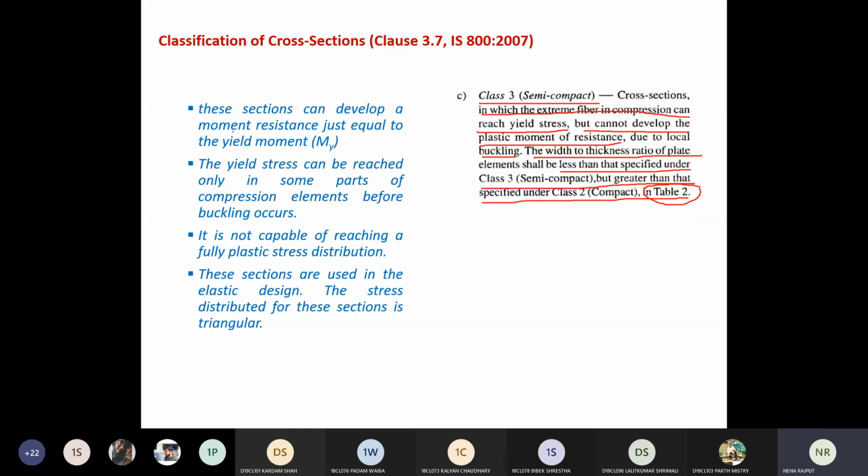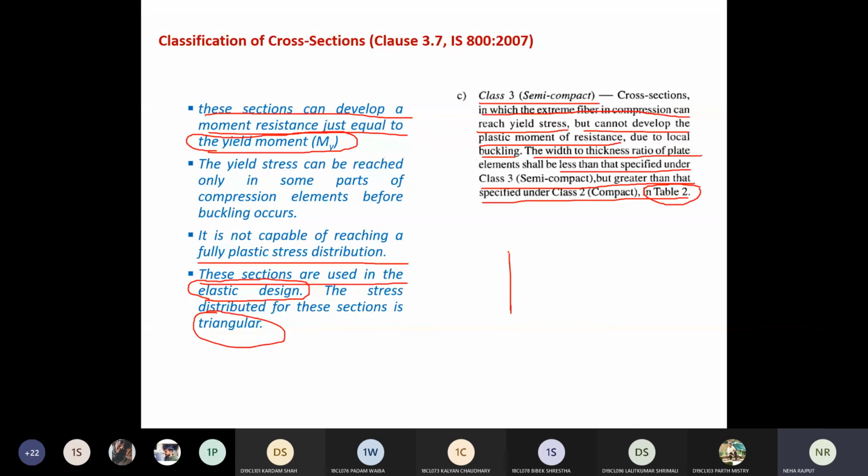So again some salient features. This section can develop a moment resistance just equal to the yield moment M1. Then it is not capable of reaching a fully plastic stress distribution. And these sections are used in the elastic design only, and the stress distribution is triangular.